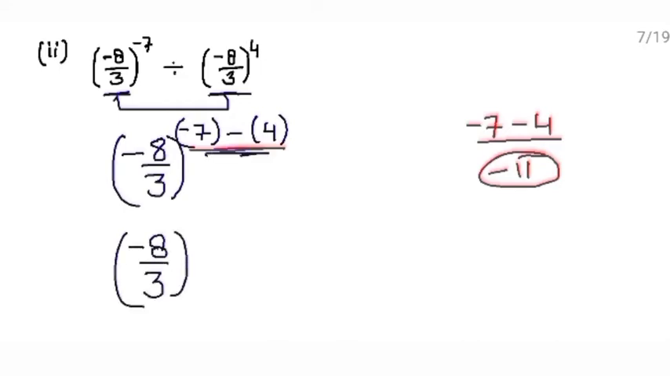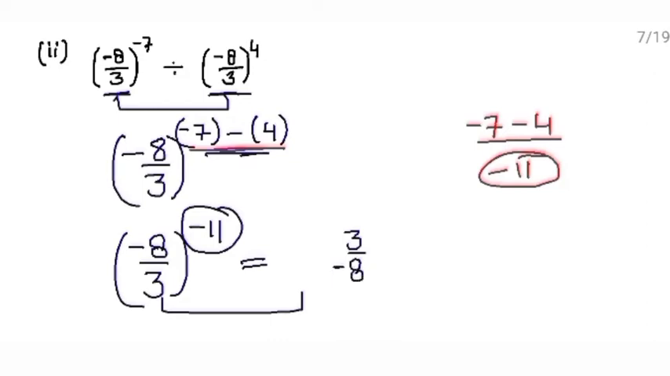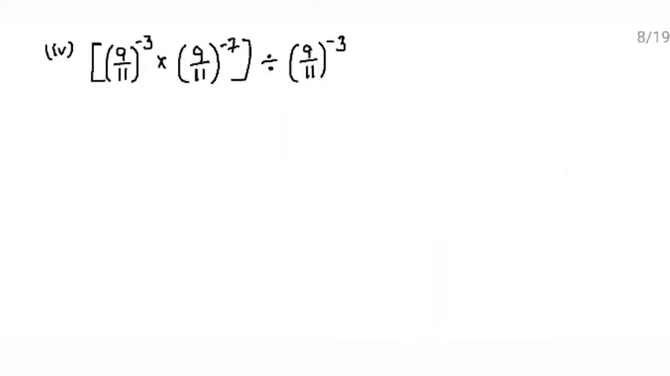Now it becomes minus 11. But in the question they were asking to write the exponent as a positive number. Clear? So to make the exponent positive, what will you do? You will write the reciprocal of the base. The reciprocal of minus 8 upon 3 will be 3 upon minus 8. Now the power will be positive, that means 11. This is your answer. Next, 9 upon 11 raised to the power minus 3 multiply 9 upon 11 raised to